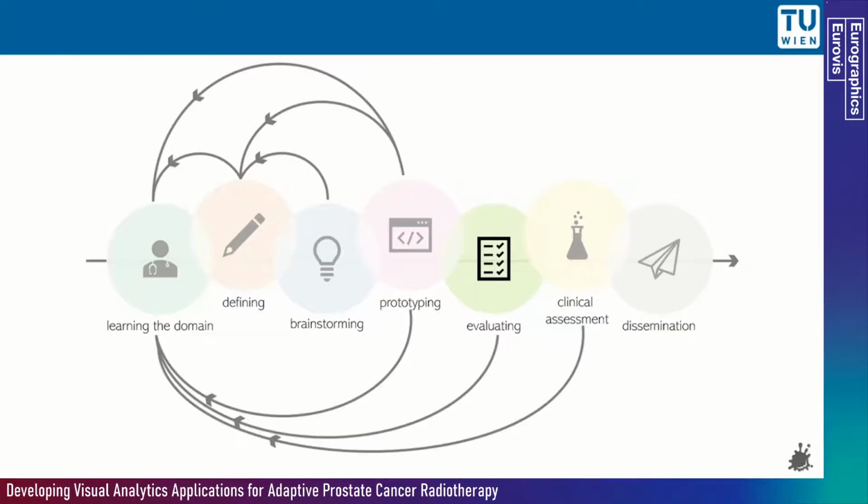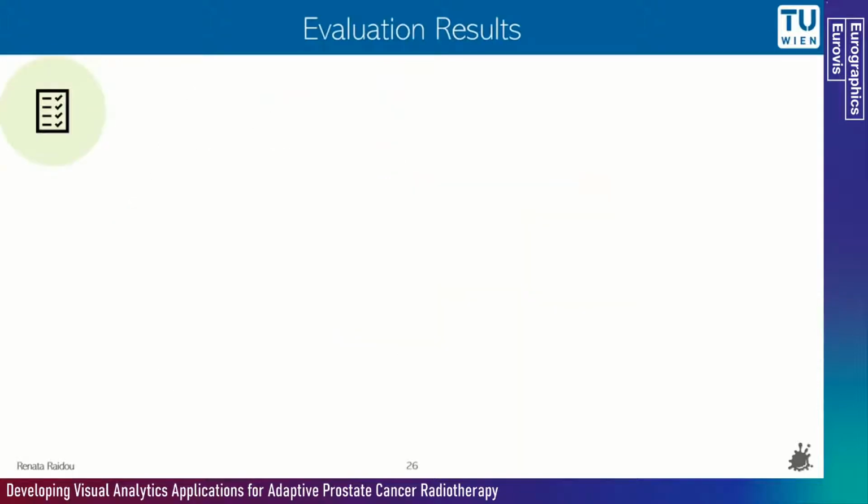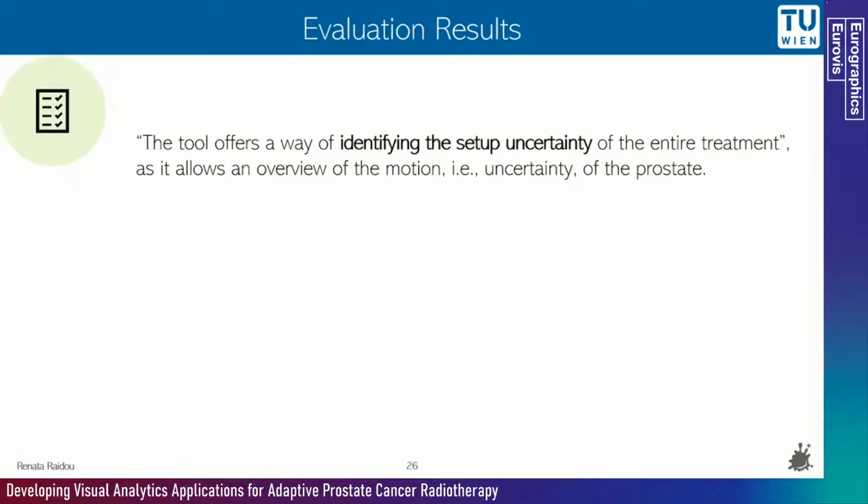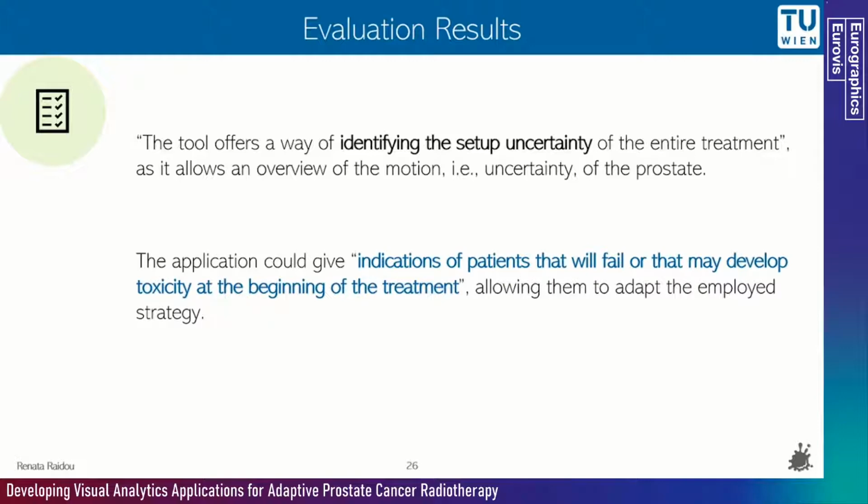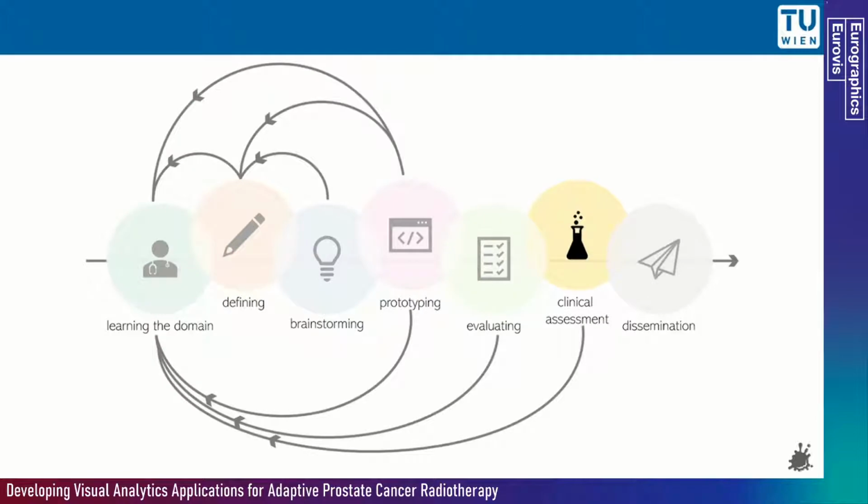4 usage scenarios were conducted by 2 medical physicists for the evaluation of the Pelvic Runner, and the domain experts commented that the tool offers them a way of identifying uncertainties within the treatment, and could also give indications of patients that will fail or may develop toxicity from the beginning of the treatment, allowing them in this way to adapt their employed strategy. Within the clinical setting now,